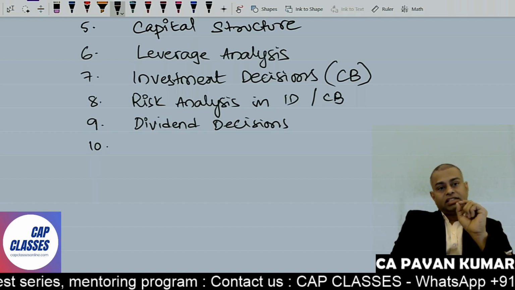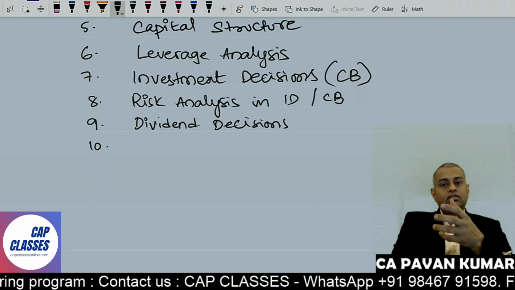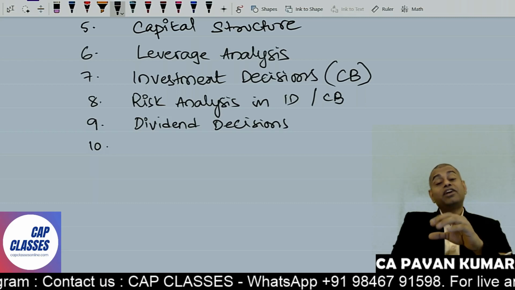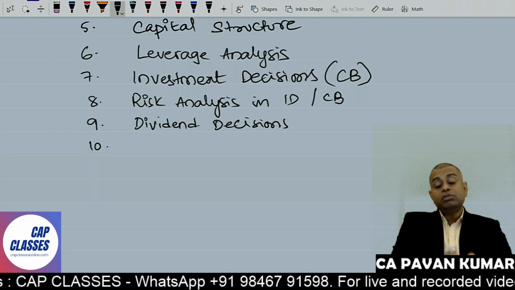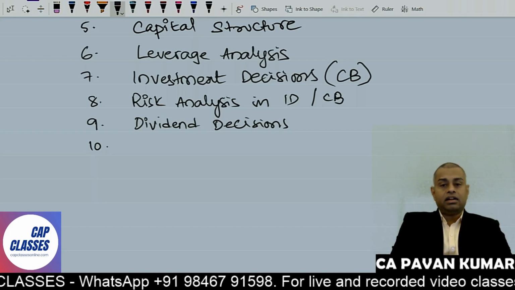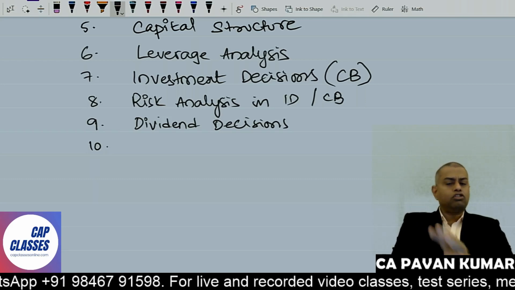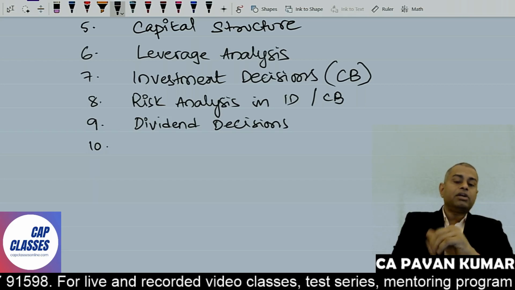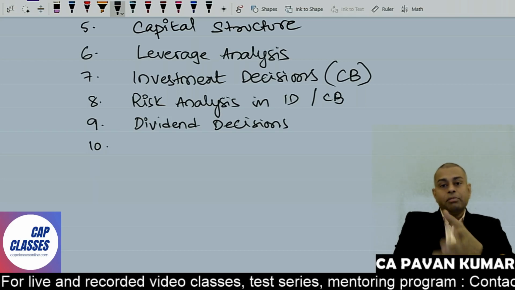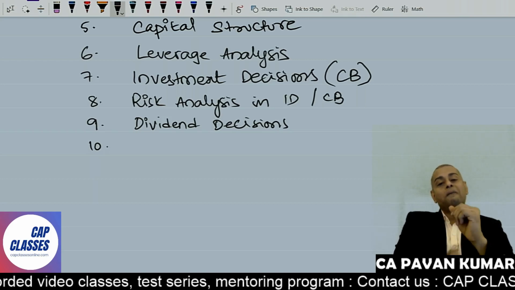Now the question is, if you earn, say for example, 25 crores profit, how much of the 25 crores is to be distributed to shareholders in the form of dividend, and how much of that should be retained? Shall I pay 100%? Pay 100% today, 25 crores you earn, 25 crores you distribute, shareholders are happy. Tomorrow if you need working capital, what will you do? Will you go to Amirpet Crossroads and beg for that? Will you borrow money? No.